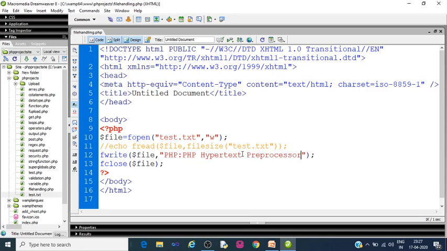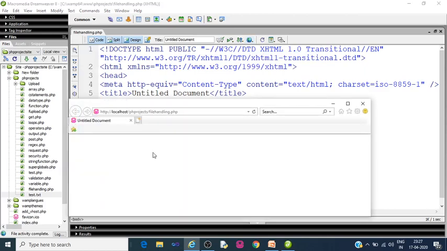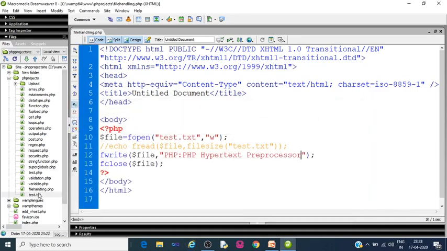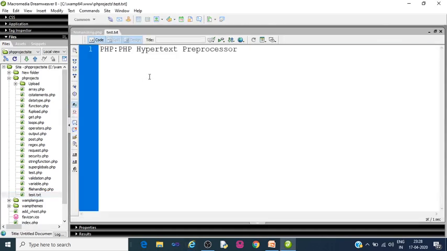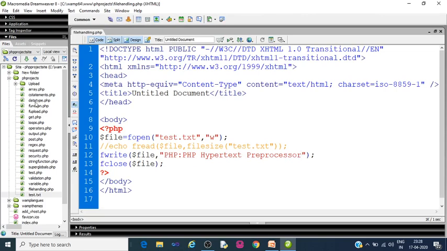Save it. Press function 12 and then you can say the data has been written on the test.txt. We can check it. PHP hypertext preprocessor. Close. Now if we try to open a file which does not exist in the PHP projects folder, then it will create a file